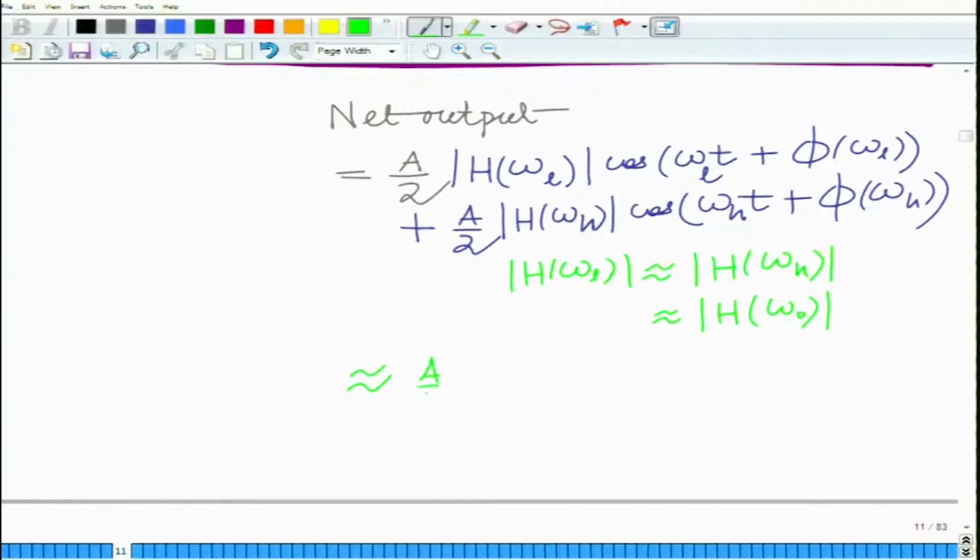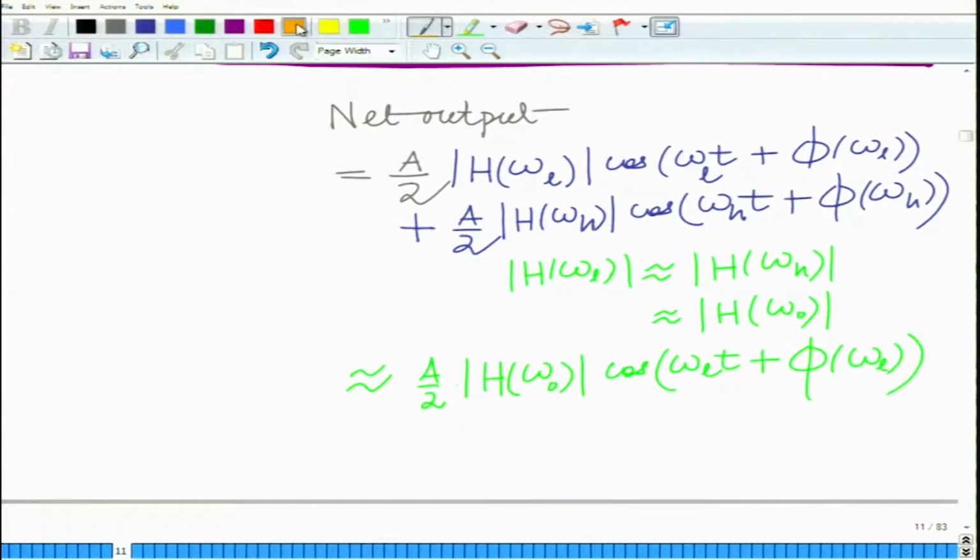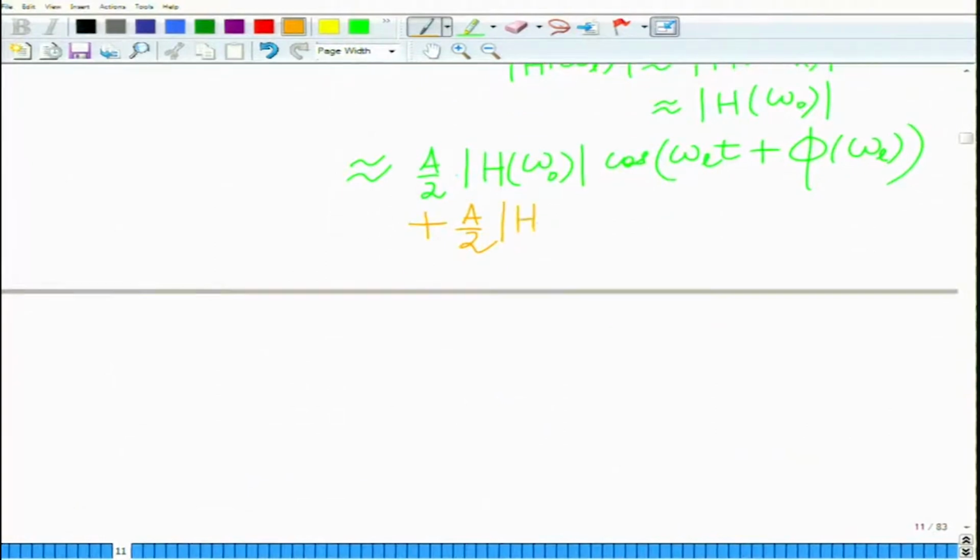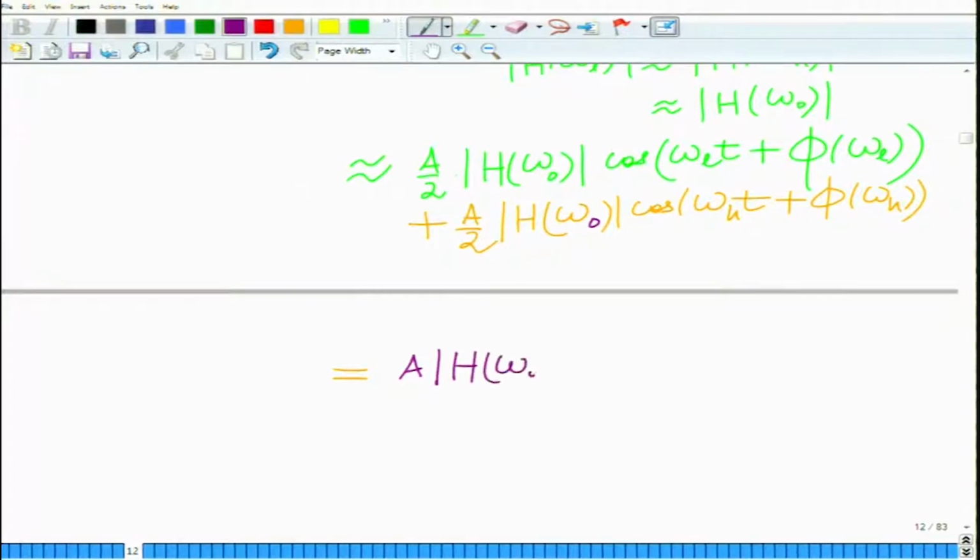And therefore, this is approximately equal to A by 2 magnitude H of omega_0 cos(omega_L t plus phi of omega_L) plus A by 2 magnitude H of omega_H cos(omega_H t plus phi of omega_H), which you can simplify, I am sorry, this is A by 2 into 2, that is A magnitude H of omega_0